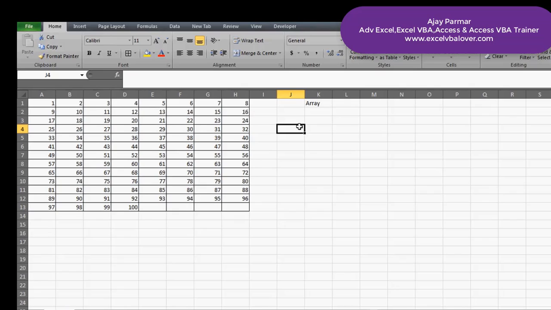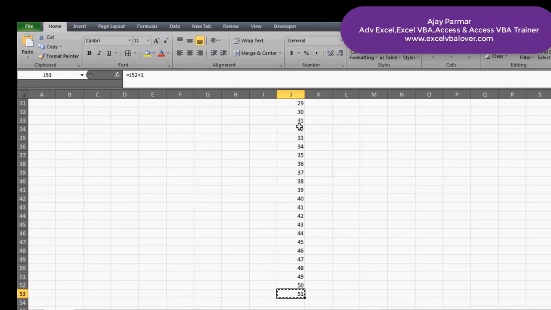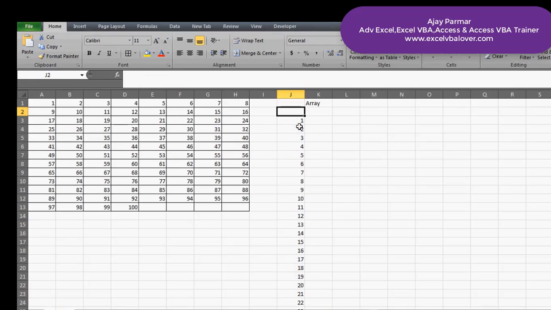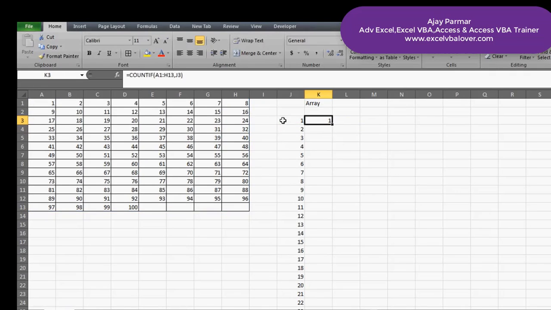How can you make a powerful formula which can give you the unique numbers? Maybe you can try something like this. If you don't know arrays, you'll add these values and drag them up to 100, since the last number is 100. Then maybe you like to use the function COUNTIF. You would say, okay, in this entire range I'm going to count this cell, which is my 100, and you will get the count of the 100.